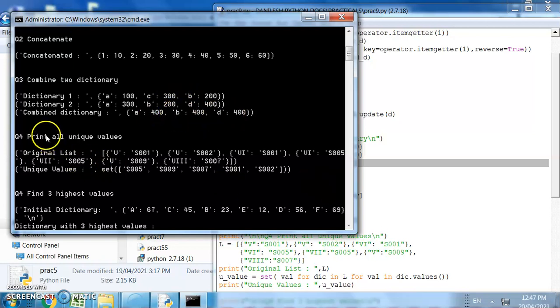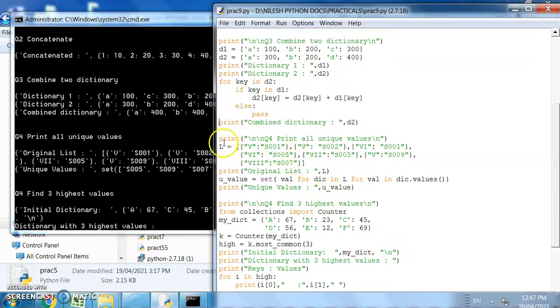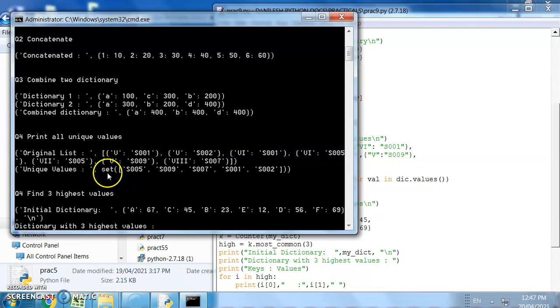And next, if we want to find all the unique values, see here in this example, there are n number of values mentioned over here. From this particular set we have found the unique values. So these are the unique values.